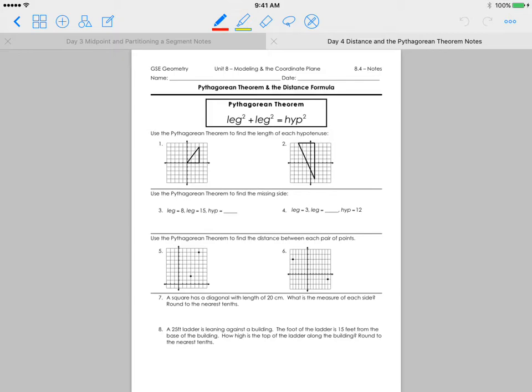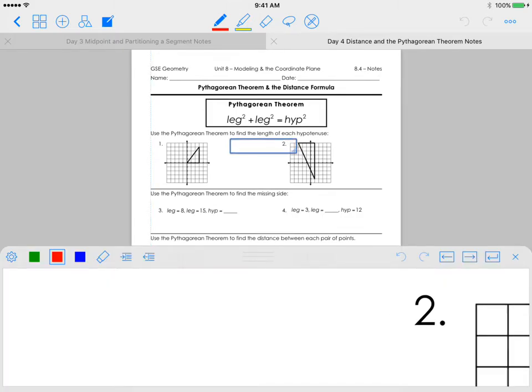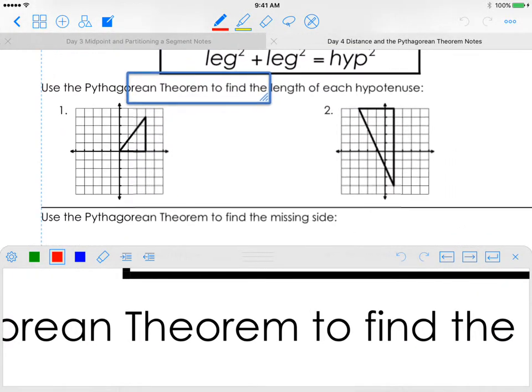So, this first part is just the Pythagorean Theorem. We know a squared plus b squared equals c squared. We're using it to help us with the distance formula, which we're going to talk about today. So, if we look at our first triangle,